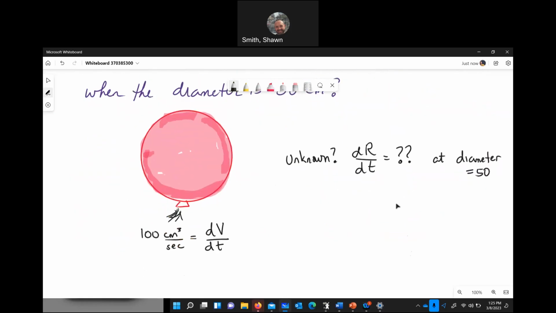All right, so our second step is to figure out what is a formula that relates volume and radius, right? Anybody know the volume of a sphere? Probably not right there at the top of your head, right? May have used it once or twice a long time ago. But the volume of the sphere